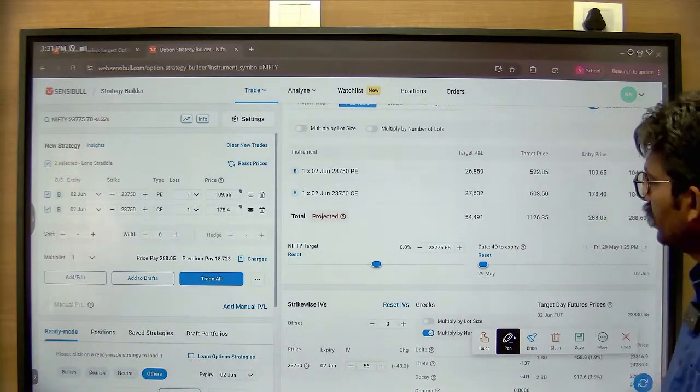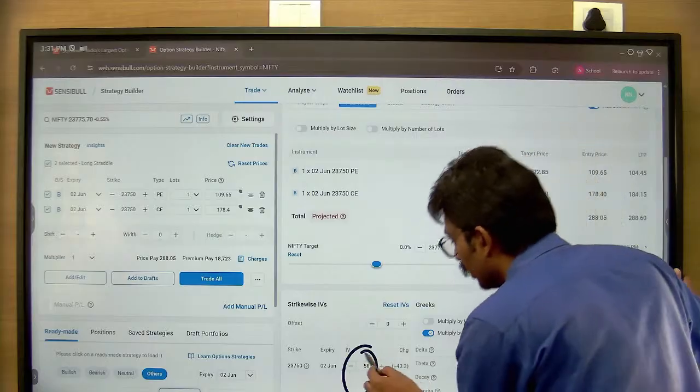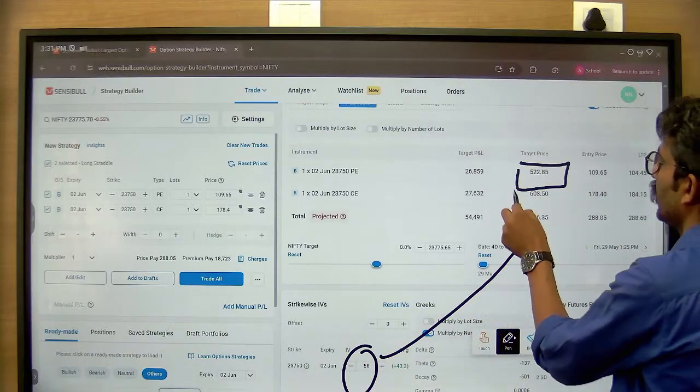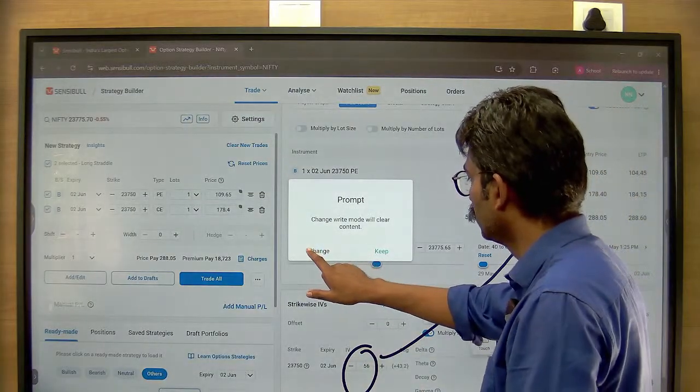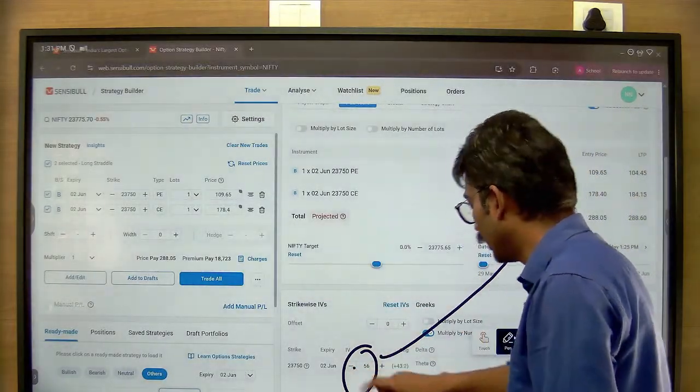So now you have seen that when volatility increases, both call and put prices increase. Do you agree? Yes or no? Look at this one also. You know, when it is going down,